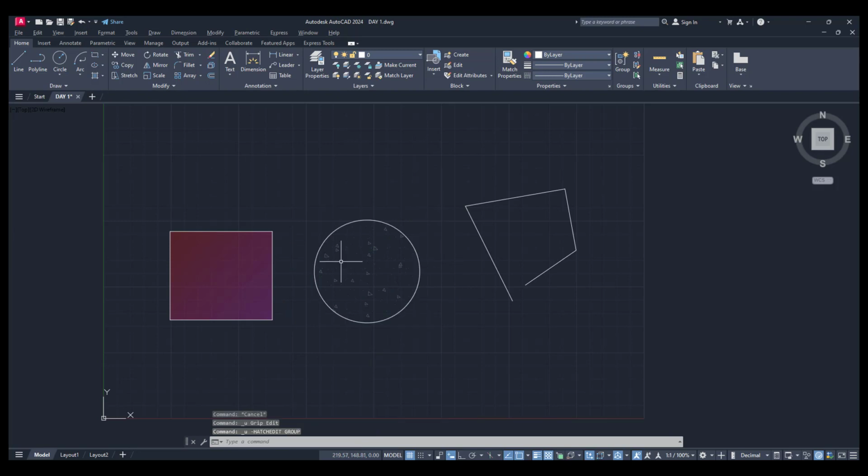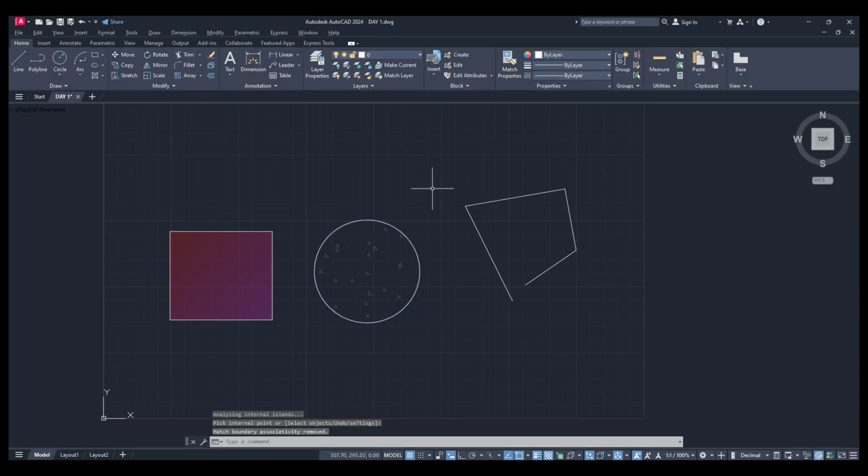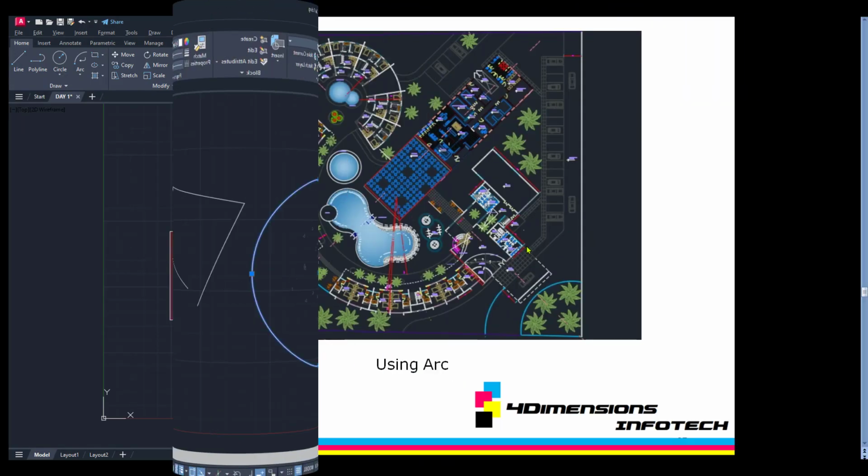I just do Ctrl Z now. I am deleting this hatch and I apply a new hatch. In this case, I turn off the associative option and close it. In future, if I increase the radius or diameter of the circle, then the hatch will not increase. This is the meaning of associative.